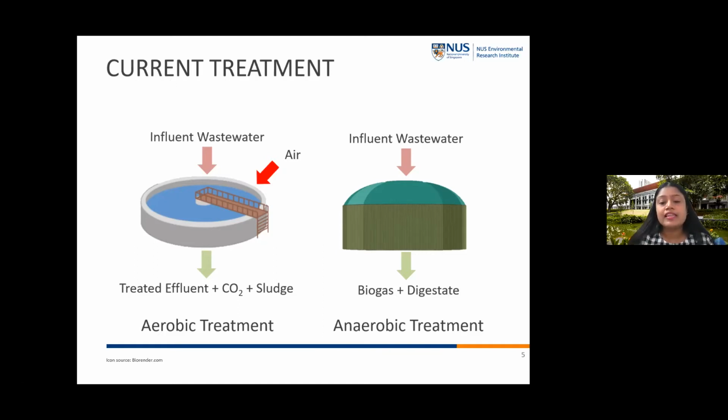The second treatment method for treating wastewater is anaerobic treatment, which is getting popular. The reason why anaerobic treatment is getting popular over aerobic treatment is because of low operational costs. You see, in the aerobic treatment, you have to provide air for the microorganisms to break down the organic pollutants. While in the anaerobic treatment method, as the name suggests, there is no oxygen. That's why you don't have to provide any extra air, and it cuts down on the operational cost.